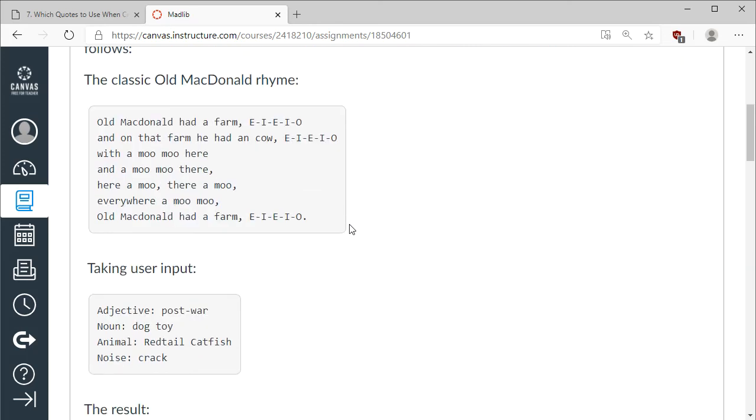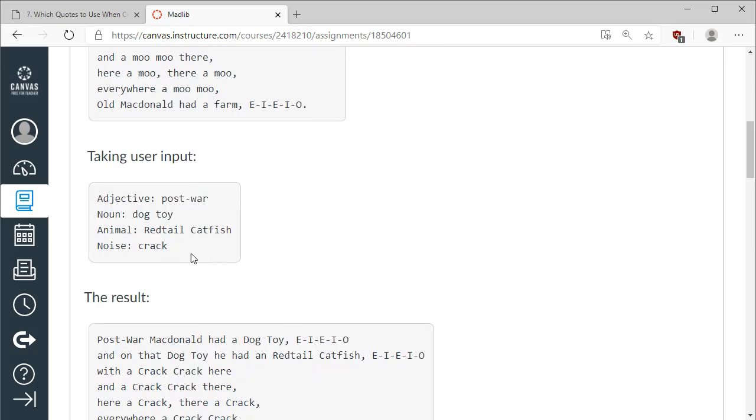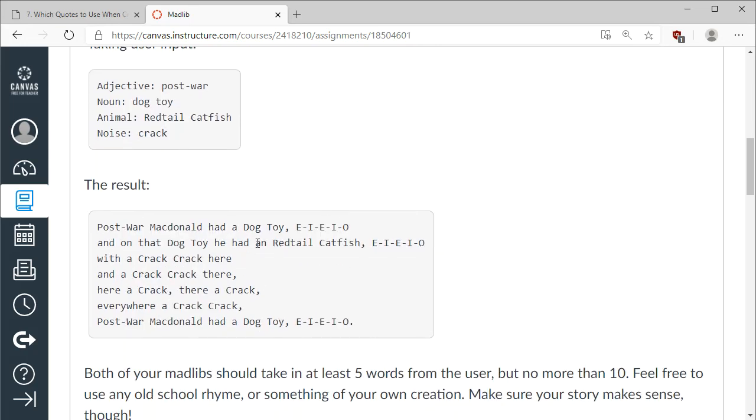Okay? The way a Mad Lib would work is you would take in input from the user. So you might ask for an adjective, and they might type in post-war. You might ask for a noun, and they might type in dog toy. You might ask for an animal. They could say red-tailed catfish or whatever. Noise might say crack. And then at the end of all that, you would print out post-war MacDonald had a